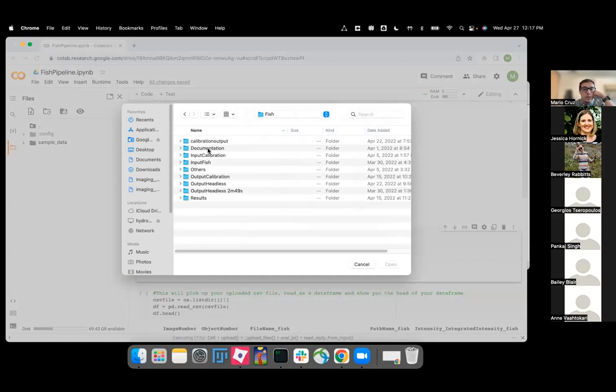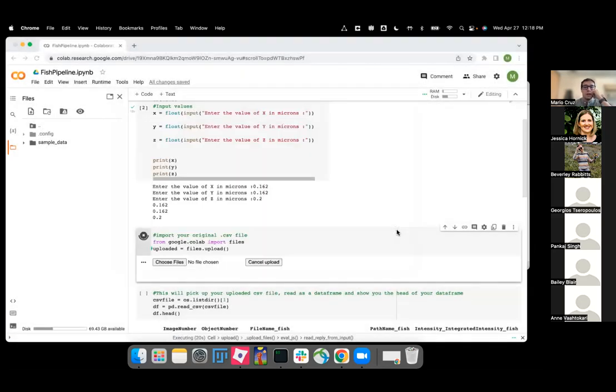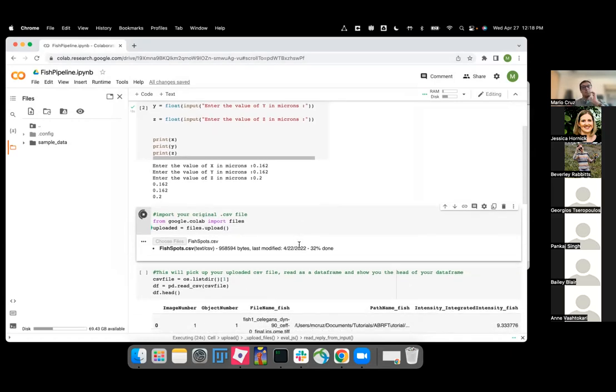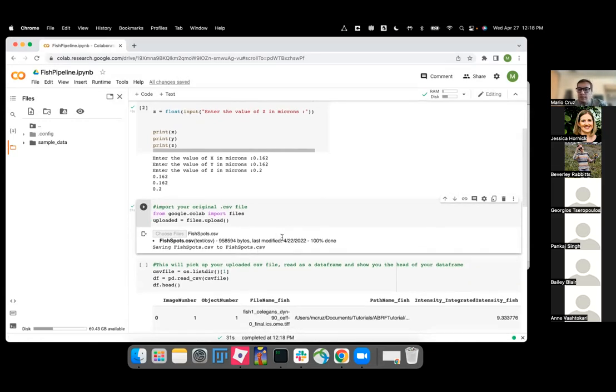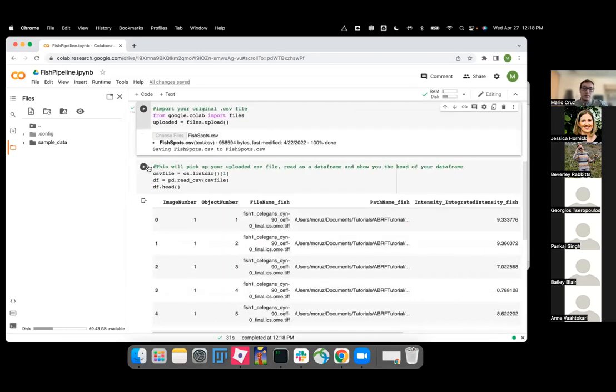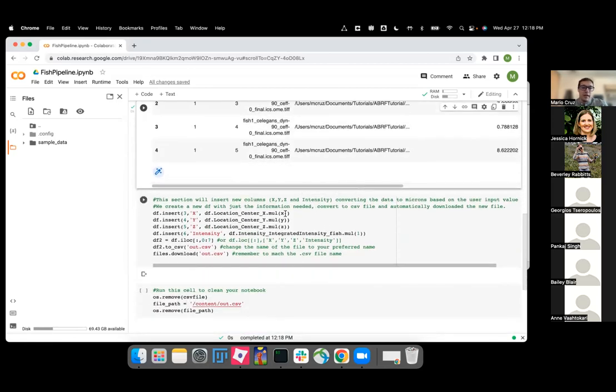So this will be, for example, output. Okay, this is uploading the file for us. Once the upload's finished, you can just hit here, the next button, and this will read our CSV file as a data frame. Once we read this, we can just make some modifications to the